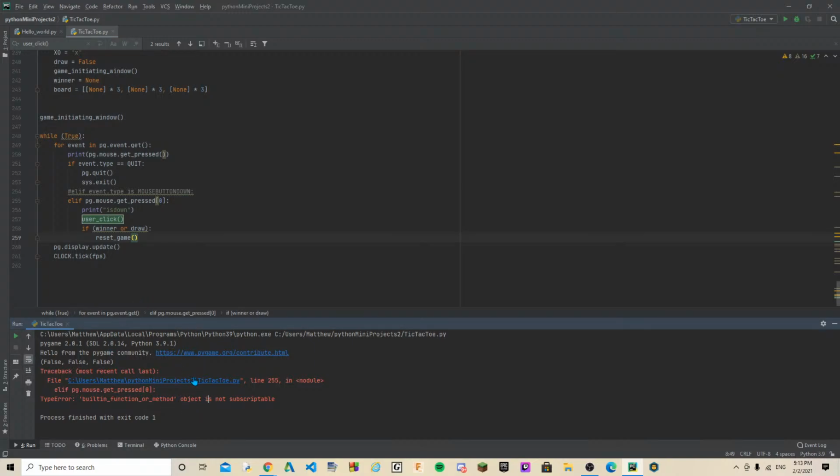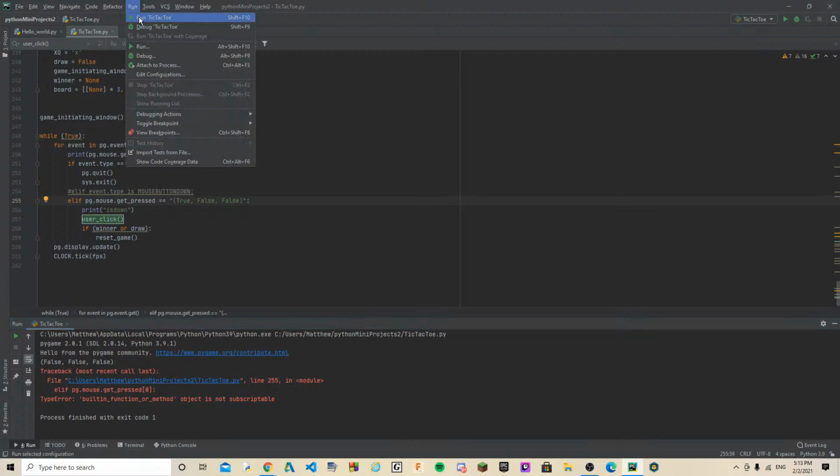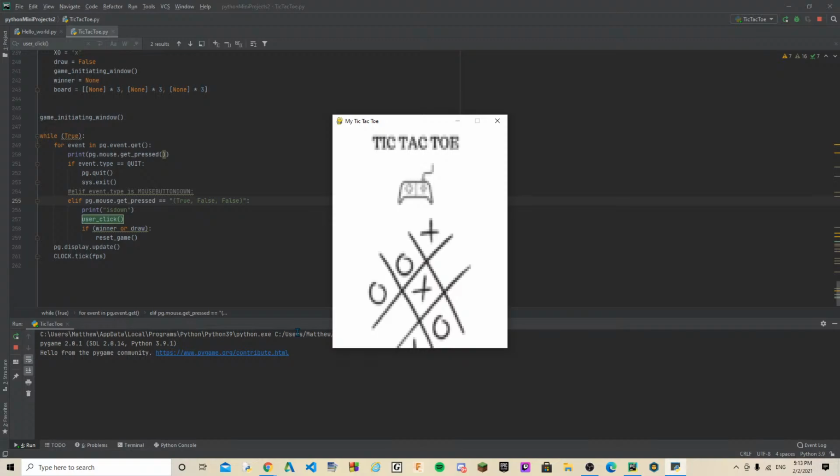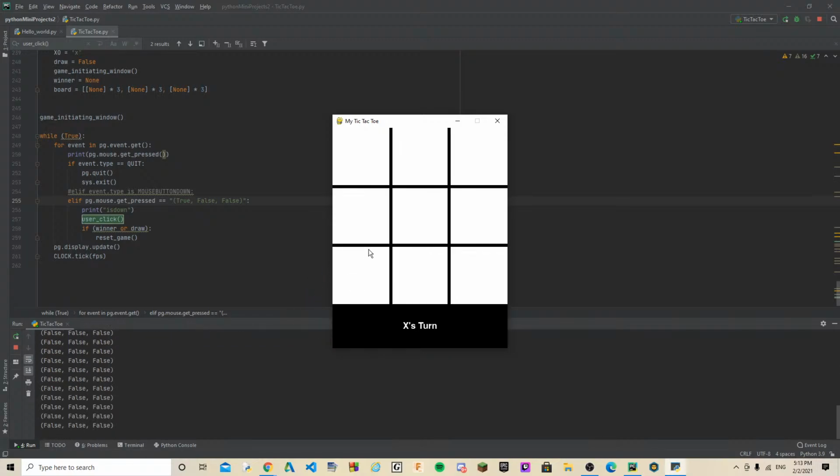What this means is that we can't tell the program to only read this certain state. So instead, we can check if it's equal to, say, true, or true, false, false, right? I'm not sure if this is a string or not. I guess we'll find out when we run it, and we will see if it says that it is wrong. So if we go ahead and click,